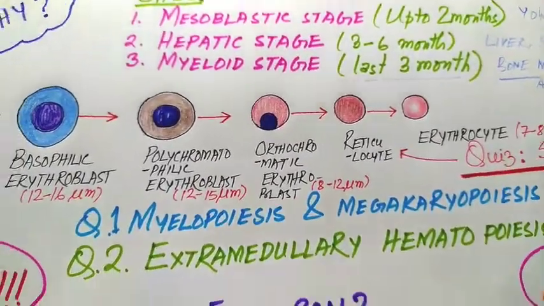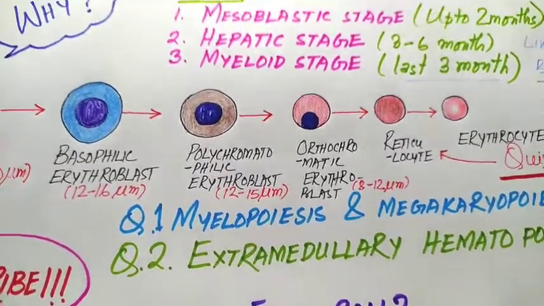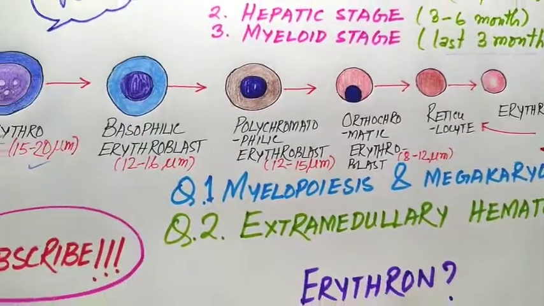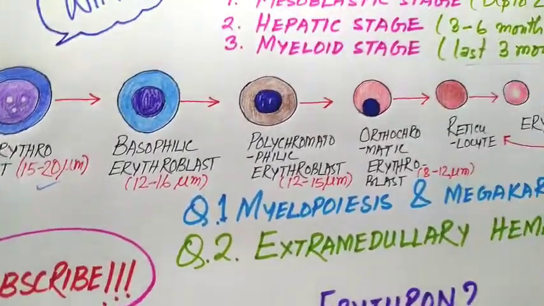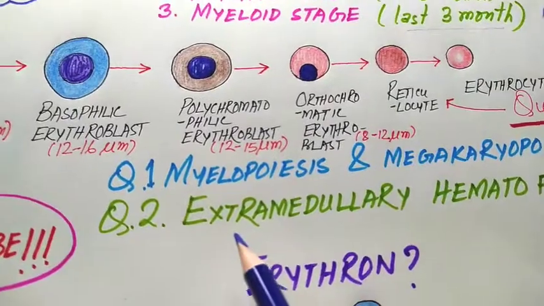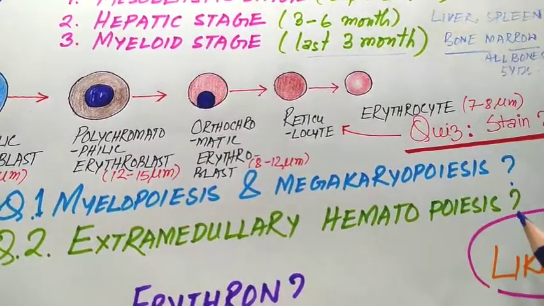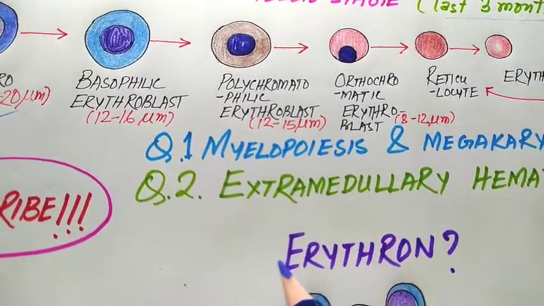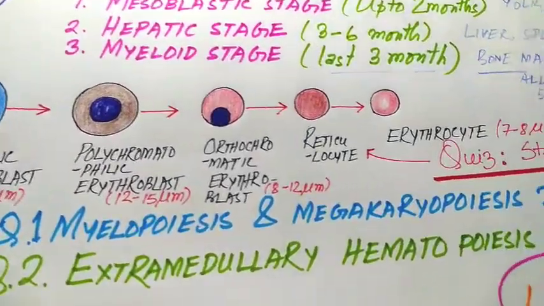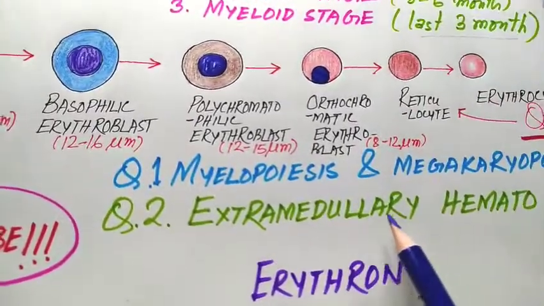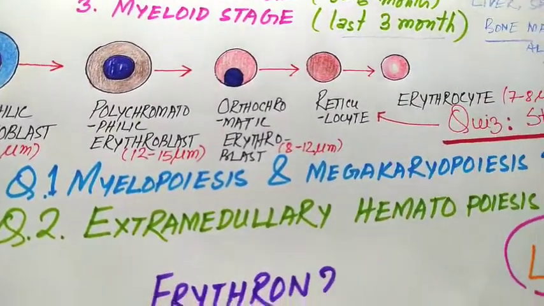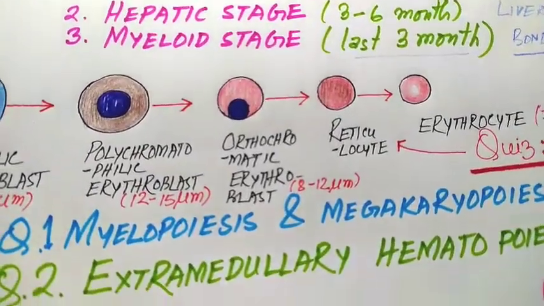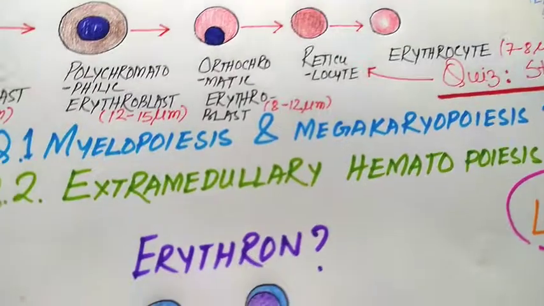In that case, to cope with this demand, apart from bone marrow, some other organs like the liver and spleen start to produce RBCs. So in case of RBC destruction, if the formation of red blood cells or any blood components starts from extramedullary organs like the liver or spleen, then this process is known as extramedullary hematopoiesis.